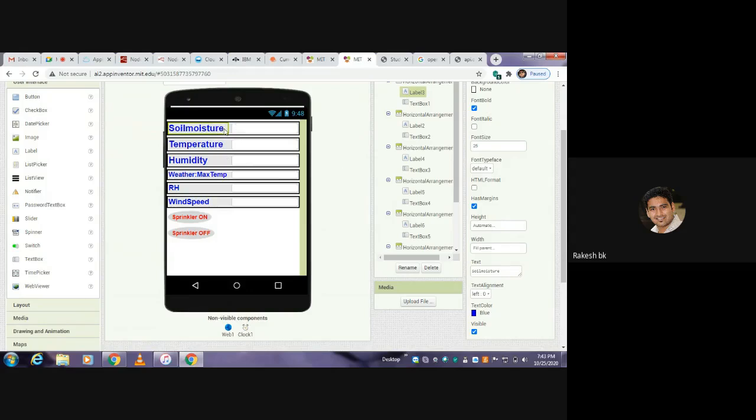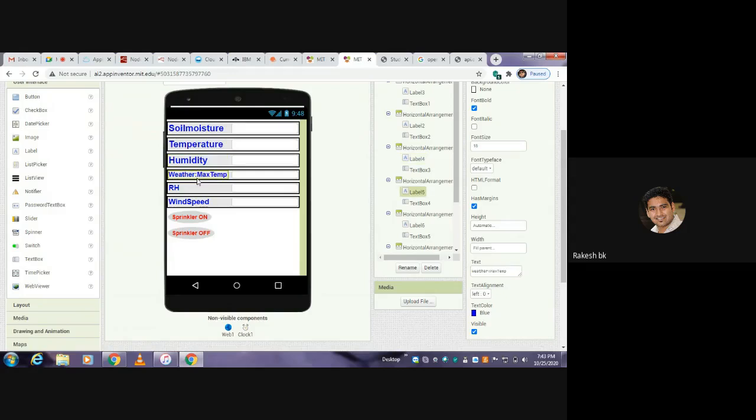In the same way, you have to figure out which parameters are required to be displayed. Soil moisture, temperature and humidity, all these three parameters should be reflected here, and they come from the IBM Watson IoT input sensor data.